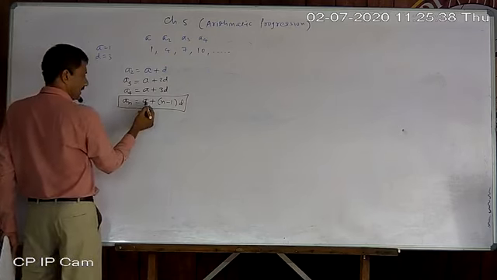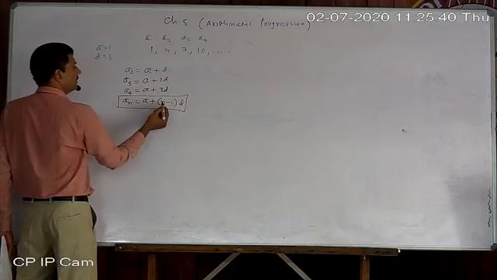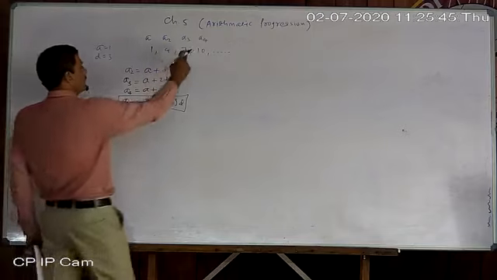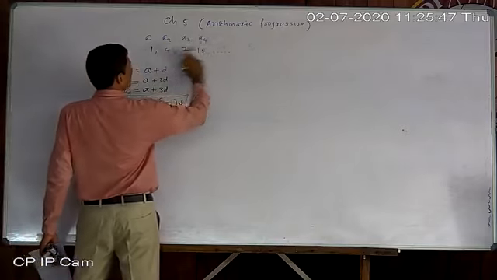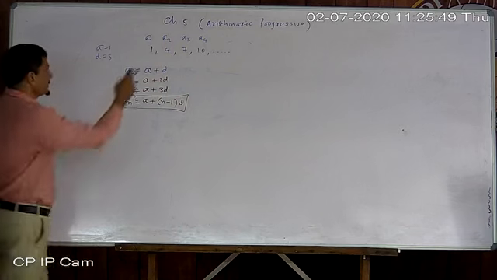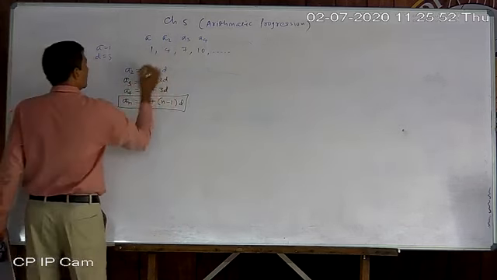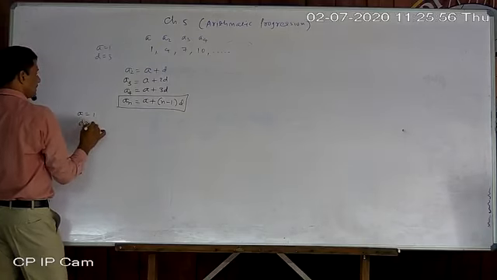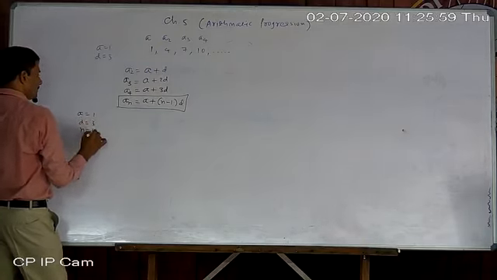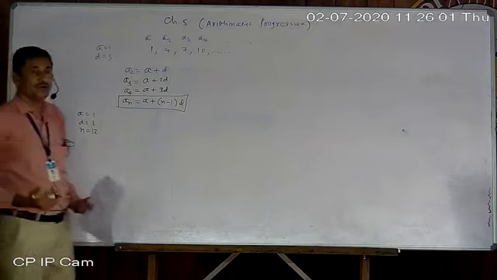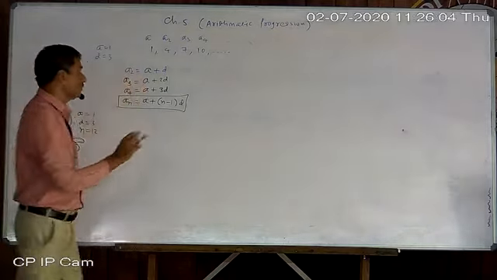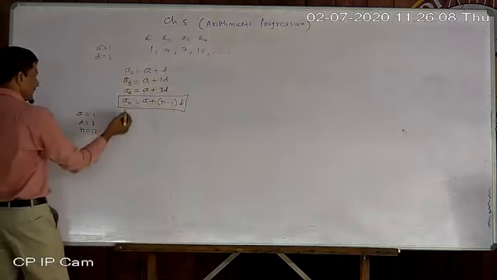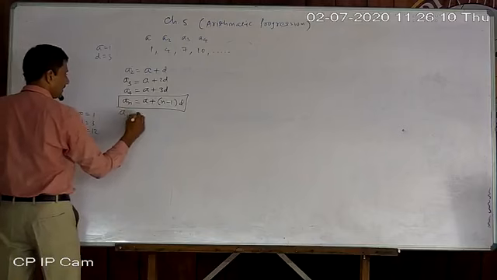How to use that formula? If you are given a, you are given d, and you are given n, then you can find a particular term. Suppose I want to find the 12th term of this series. First of all I can list down all the variables: a is 1, d equal to 3, and n equal to 12. Not manually, not writing continuously, directly the 12th term. We'll just write down all values. So a12. a12 means the 12th term.